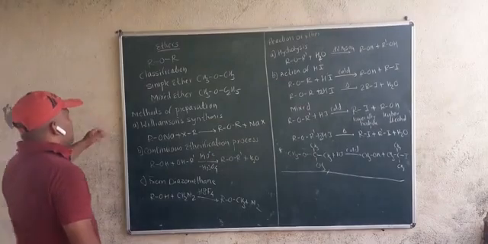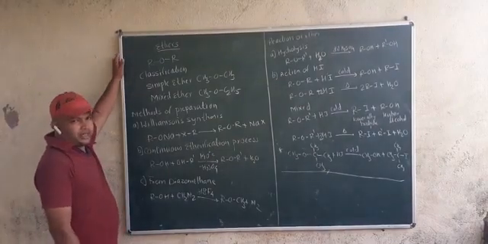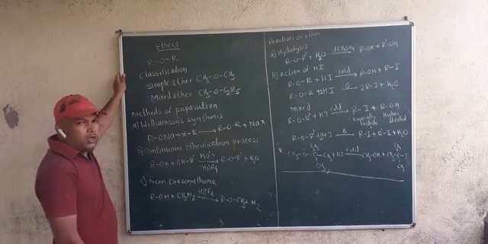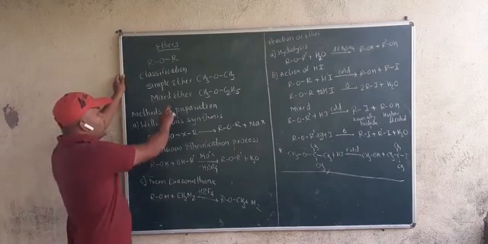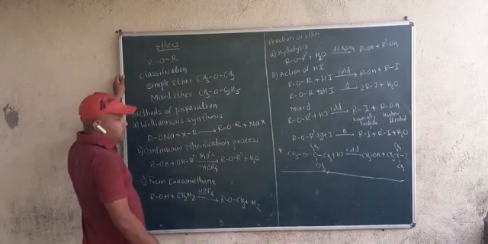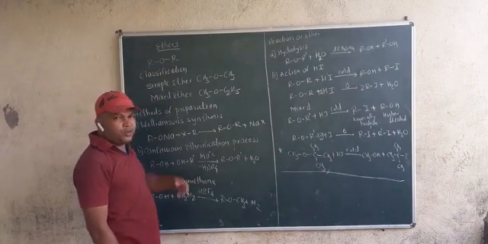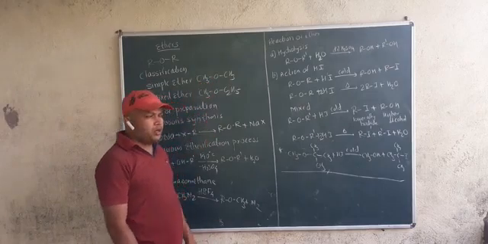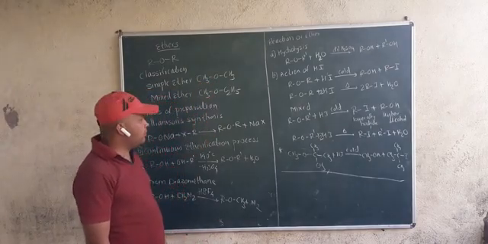Okay. See here, now we are dealing with ethers. What is the general formula of ether? Ether is ROR. Now we will go to the classification of it. Simple ether means when both R groups are the same, it is called a simple ether. Here you see the example CH3, CH3, which means it is dimethyl ether.